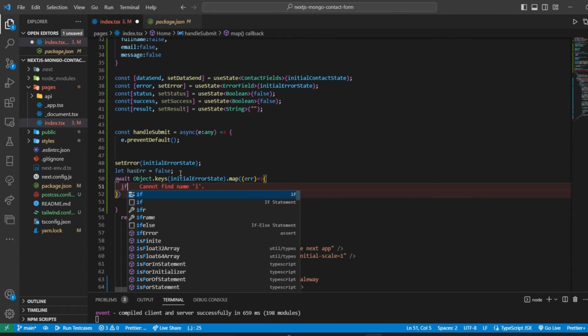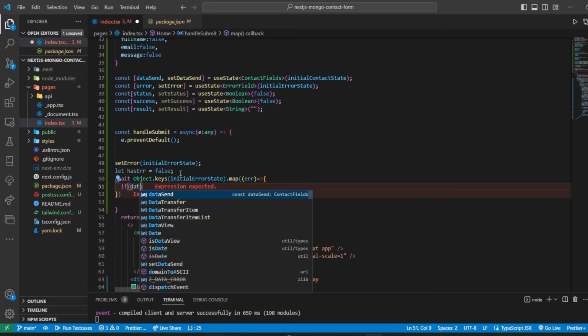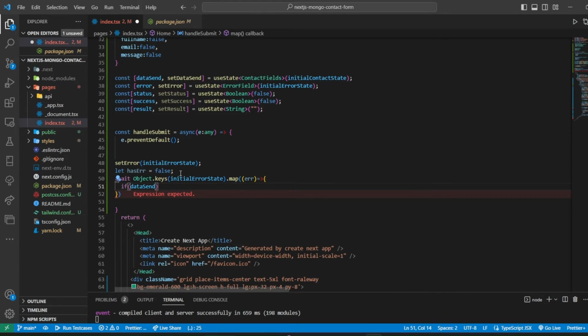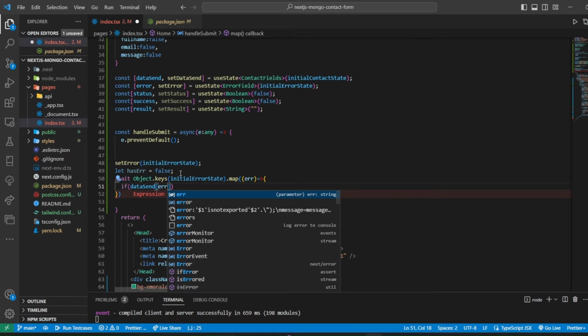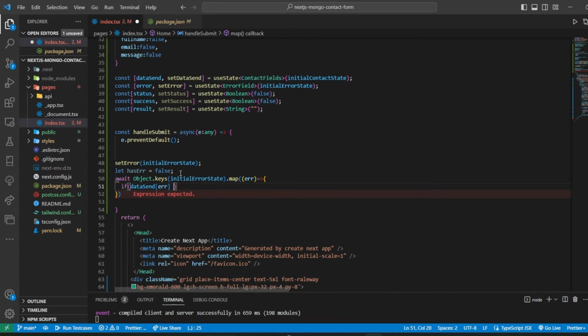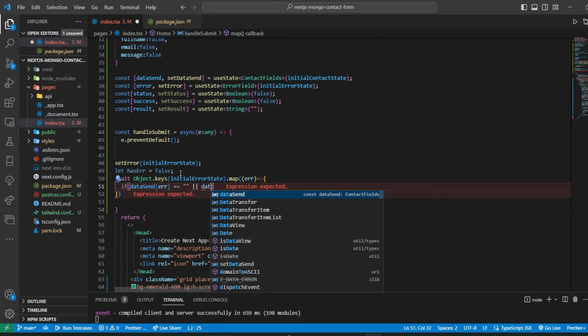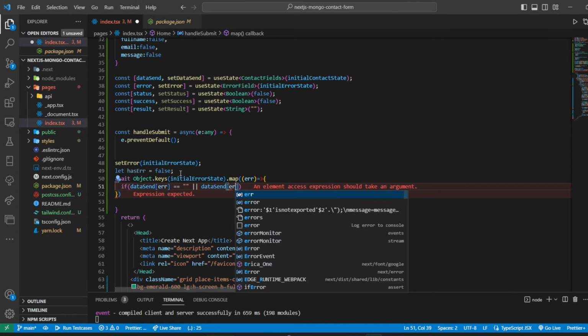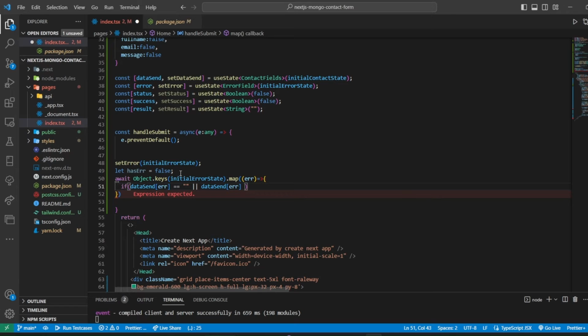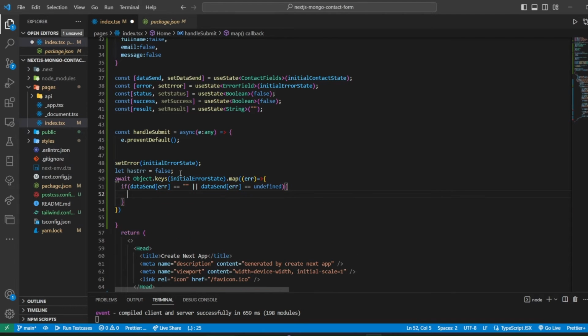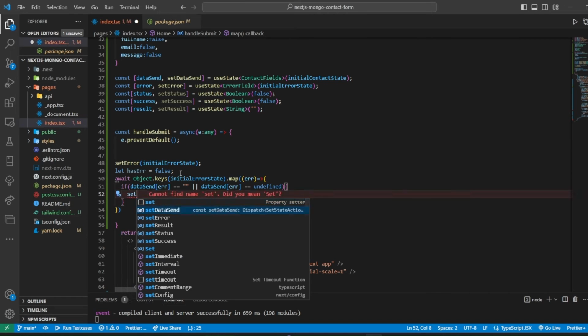Here I'll check if data send, passing the error variable, is equal to empty string or data send error is equal to undefined, then set error